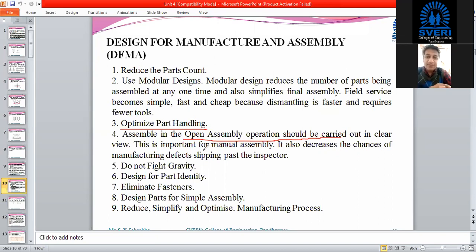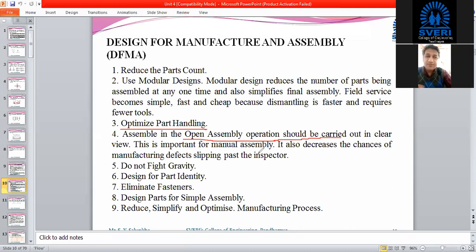But over there, crowding will happen and the production rate will get reduced. So as far as possible, you have to do that assembly in line sections, which is also called open assembly operation.